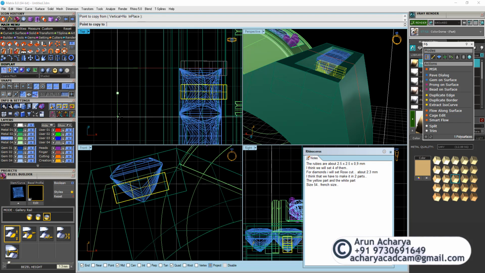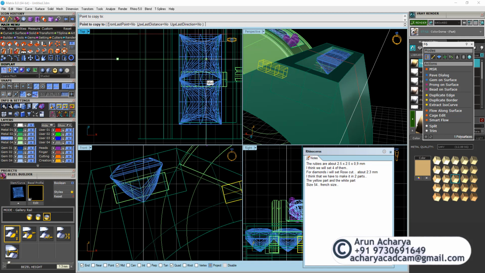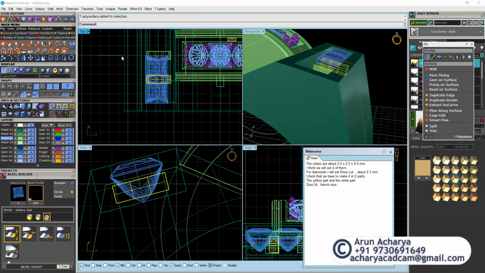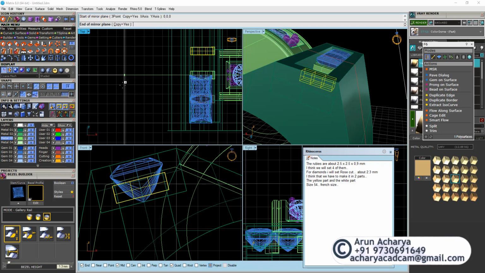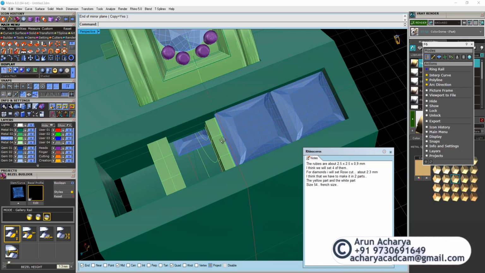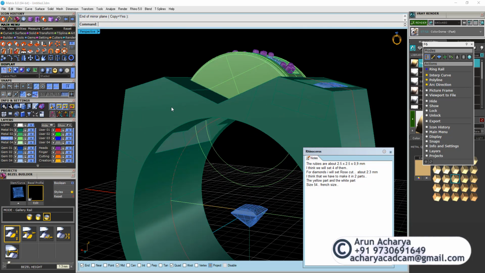Copy this over here, 2.5, and just make this on the other side. So we have this bar underneath the stones to hold them, you know, and we are good. Now the only thing remaining is the